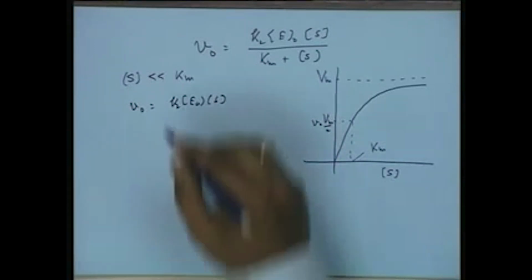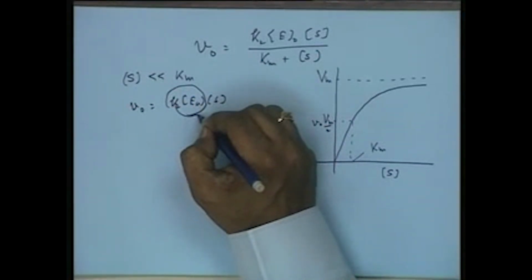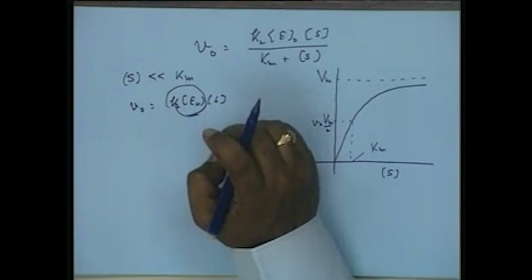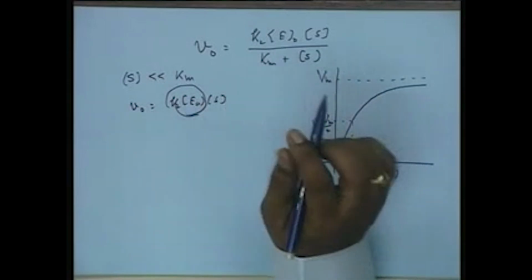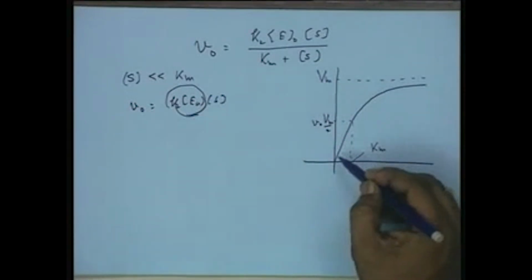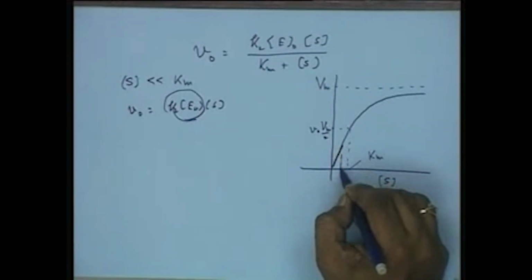Because K2 E0 is a constant at a given enzyme concentration and substrate concentration is a variable, it becomes first order kinetics, and that is the portion represented by this initial area,